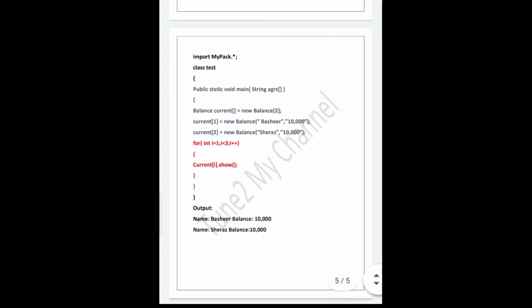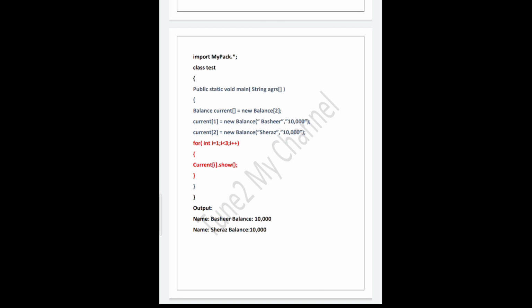Now, if I want to use that package, I should import it using the import keyword. The general syntax and explanation regarding importing packages is shown in packages part 1.